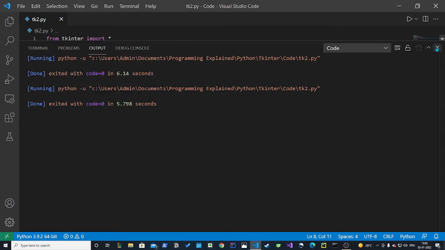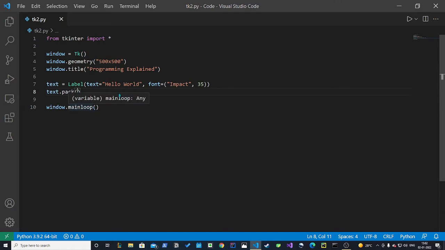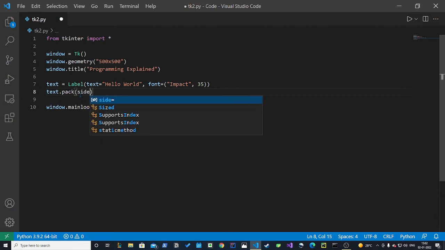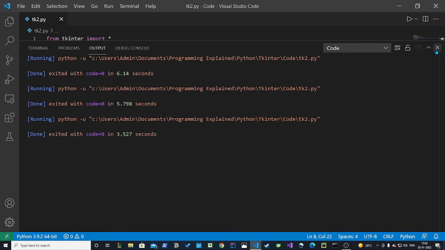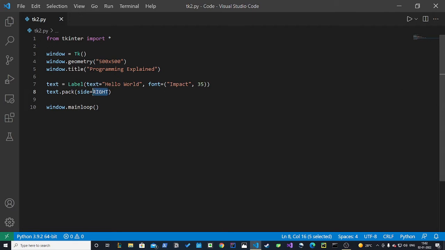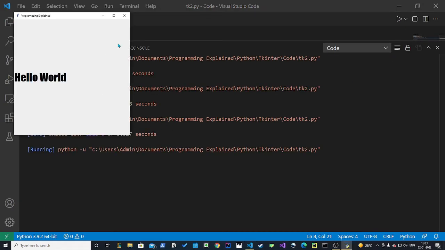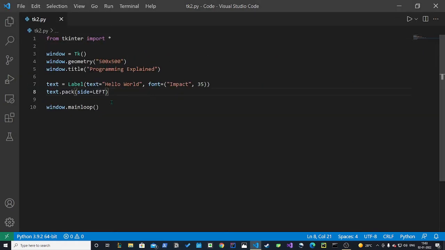Now if you want to do it with real ease, there is one thing you can do: inside this brackets you can add side is equal to, and then any side you want. It can be right. If I do right, and if I run this, see it came in the right. And if you want to do it to the left, you can do that too. So if I run this, it is on the left,